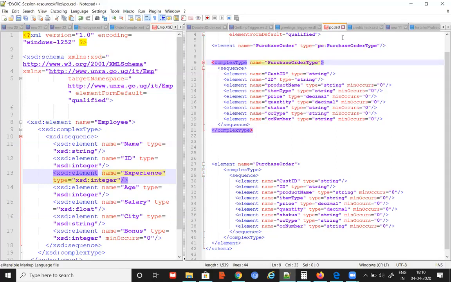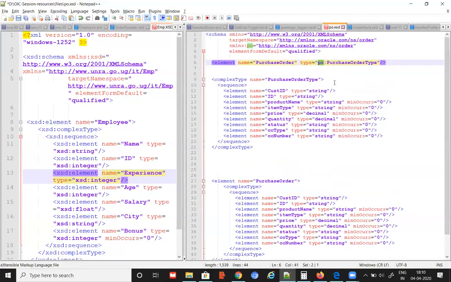In order to get this kind of functionality, you need to have something to refer to. So how will you mention that? Using an xmlns definition. I mentioned xmlns po is going to refer to this target namespace. This target namespace is nothing but the target namespace of my own document. That means whatever I'm going to prefix with po in my document will be available in the same document.